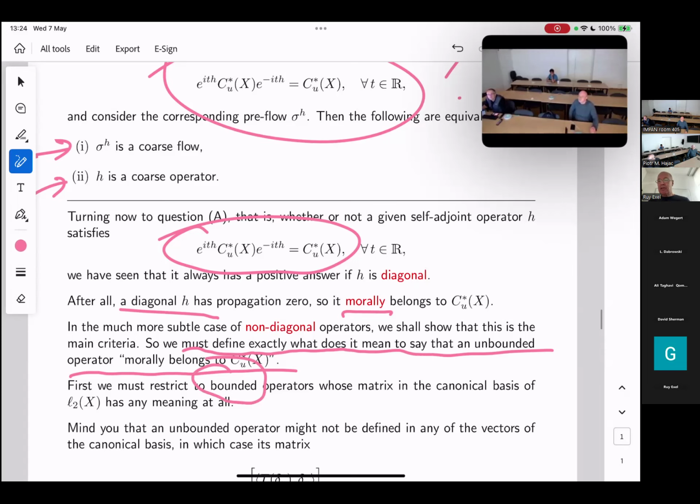This word bounded here should be unbounded. So first we must restrict to operators whose matrix in the canonical basis of L2 has any meaning at